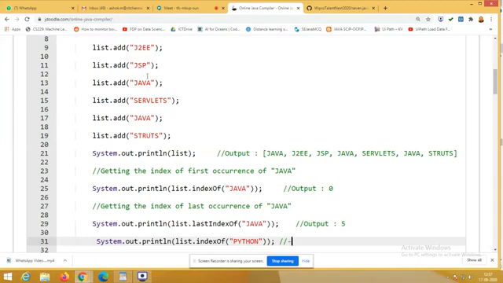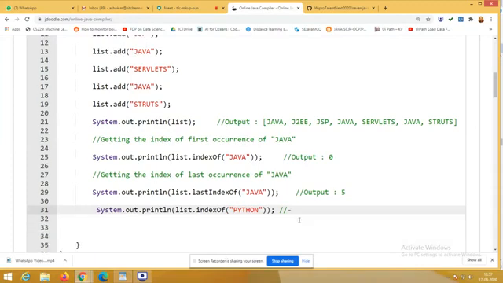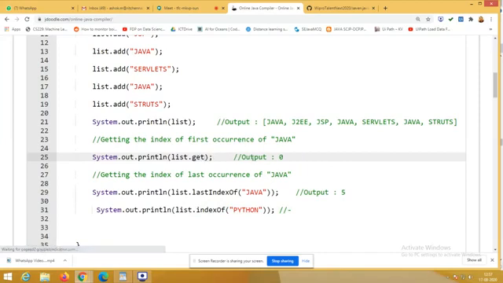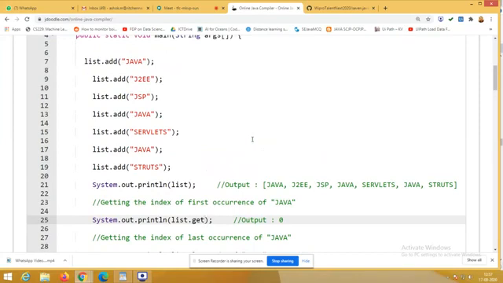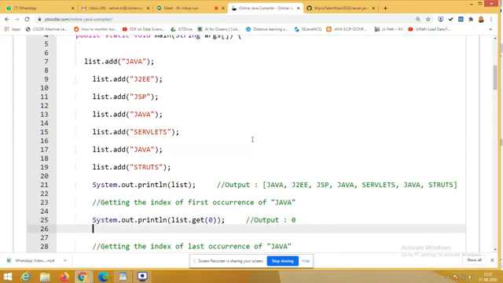So if I need to get the second Java, what I have to do? So what do we do? List dot get of. To retrieve first Java, what we will do? Get of 0. Okay. So the same statement. We'll copy this. Yeah. So Control V. So if I have to get the second Java, 0, 1, 2, 3. Right? If I'm going to mention position 3, I will get the second Java.